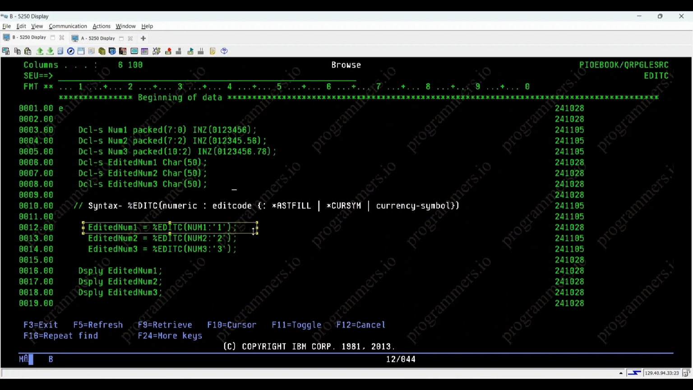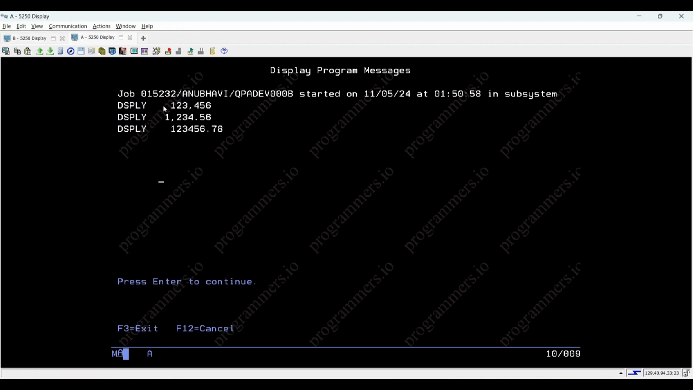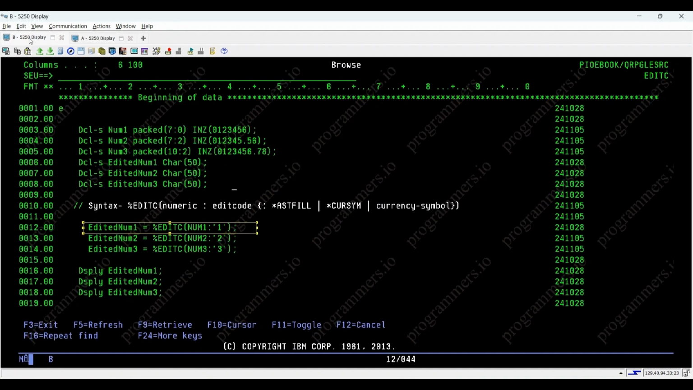EditedNumber1 equals %EDITC(number1: '1') formats number1 using edit code 1, which typically adds commas to the number, turning 123456 into 123,456. EditedNumber2 equals %EDITC(number2: '2') formats number2 using edit code 2, which might also add commas and possibly adjust the decimal places, converting 12,345.56 into